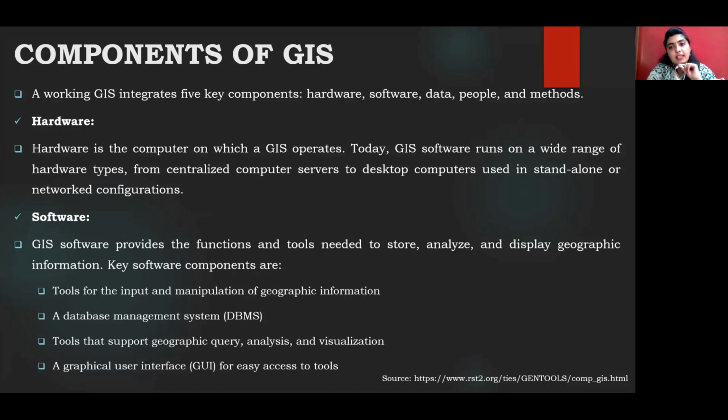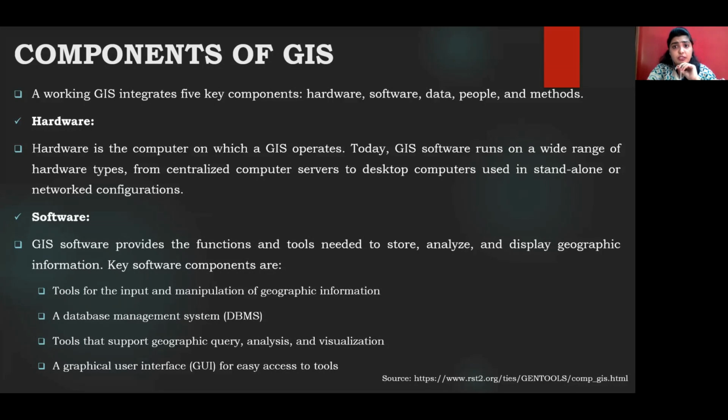Software, of course, you need the tool, you need the function. And how is that given to us? It is given in terms of a software. What do we call ArcGIS to be? ArcGIS is nothing but software. So if I just have my computer, it's not enough for me to construct a map. I need ArcGIS to be installed, or QGIS to be installed on my computer, so that all that data that I want to put in, or all the map that I want to construct can be constructed, correct?